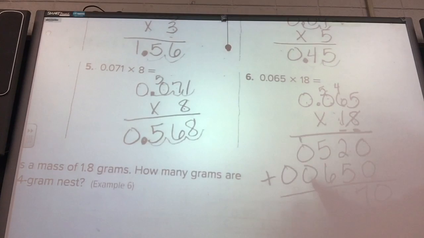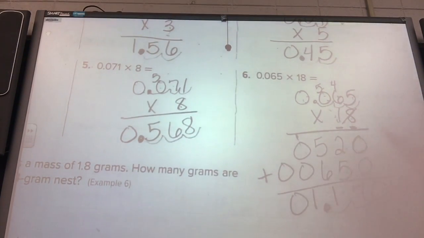11, carry the 1. 0 plus 0 plus 1. And 0. Alright, let's look at the top. Over 1, 2, 3 places means over 1, 2, 3 places. So you could answer this answer as